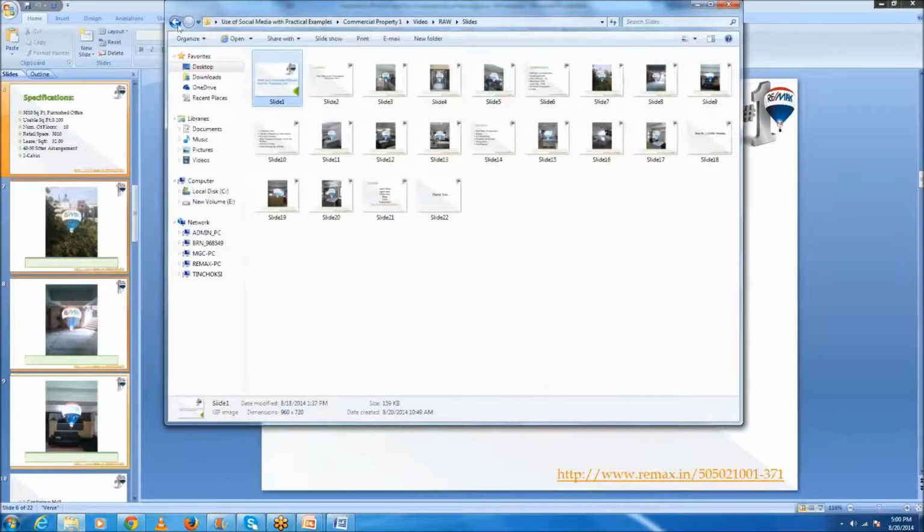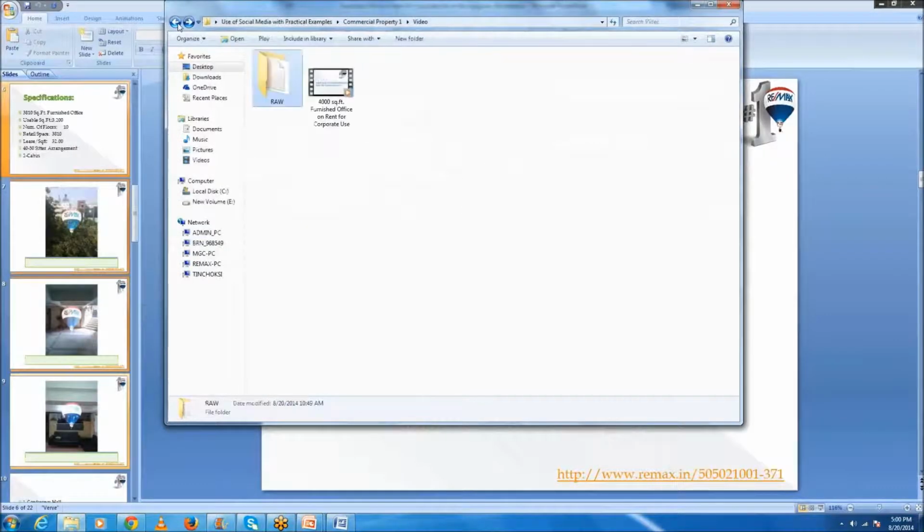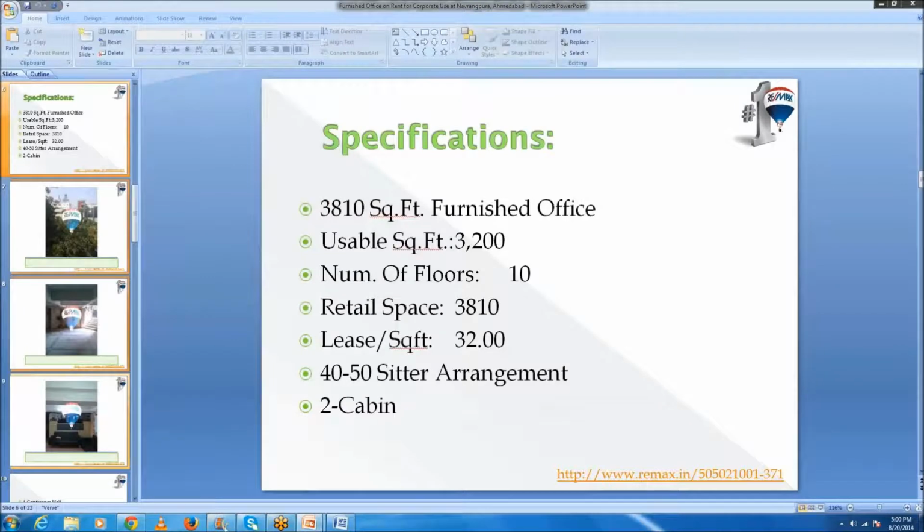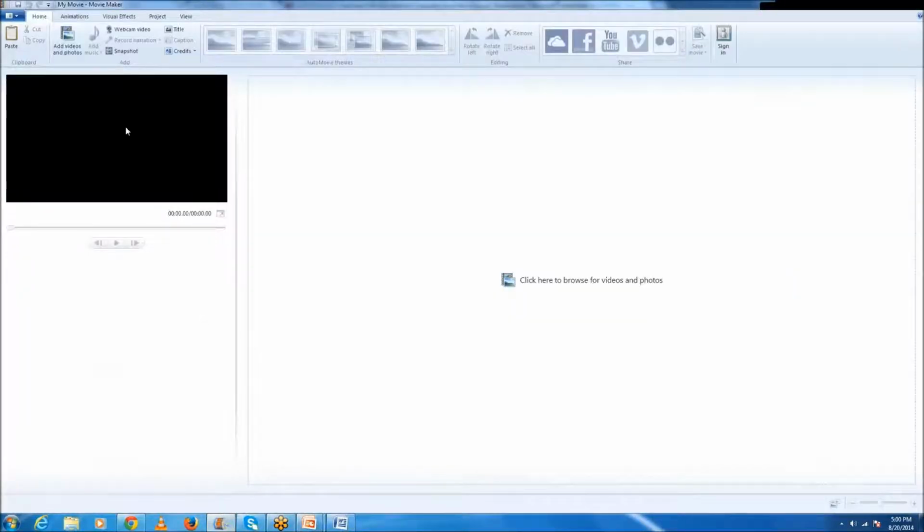So this is done. The first step was to go to the PowerPoint presentation, then save all the slides as GIF images. After doing that, go to Movie Maker and click on add videos and photos.